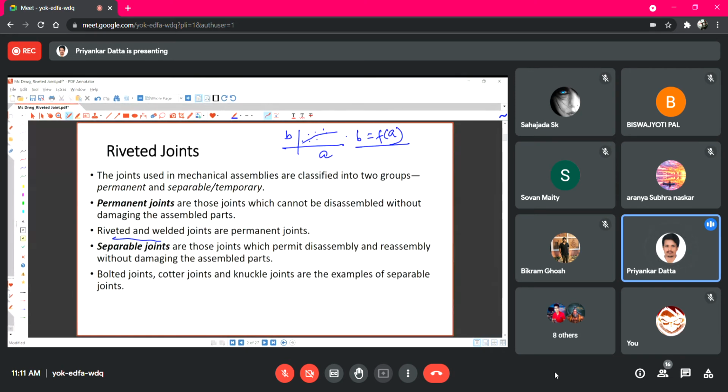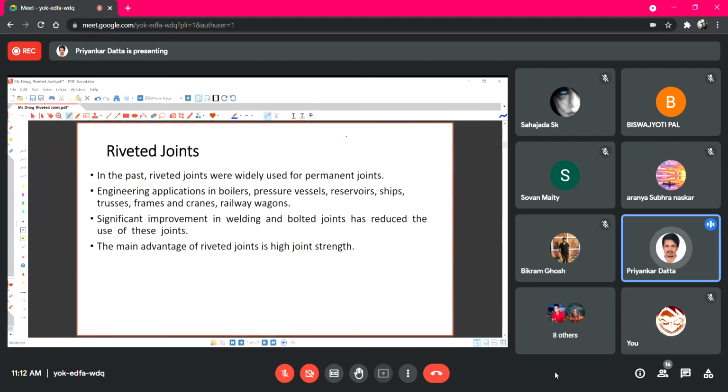Although most of the design relationships can be calculated mathematically, or come from engineering mechanics and strength of materials principles, you will see in many cases we have to use these empirical relationships as well. So today we shall focus our discussion on these riveted joints. All of you must have seen riveted joints in many places. Previously it was extremely useful, but nowadays slowly we are trying to reduce the usage of riveted joints.